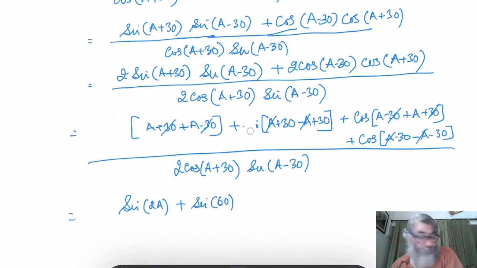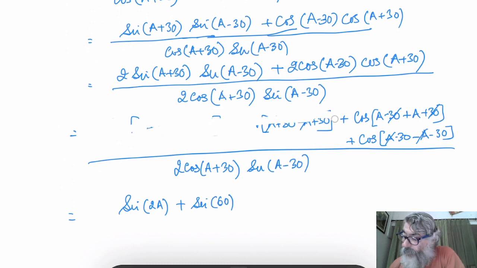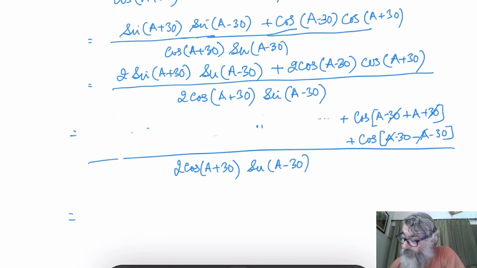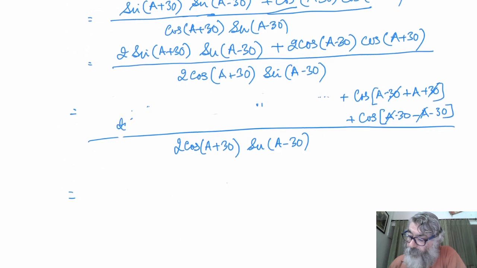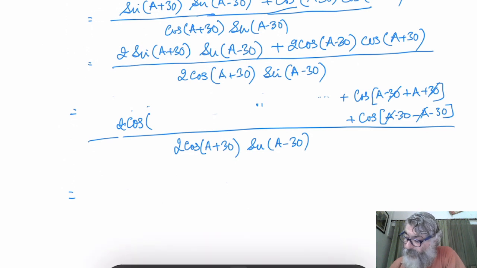It has to be cos a minus b first. Yes, I told you. Just a moment, I have to rub it again and write it again. It was 2 sin a sin b, not sin a cos b. So it will become cos a minus b... 2 will not be there, 2 is already removed.